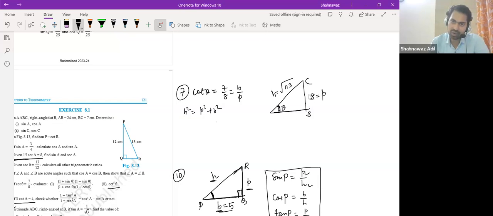We only knew about the sides. But in the next exercise, we will find the values of some specific angles, right? So what is the value for sine for some specific angles and cos and then cot and tan and so on. So let us find